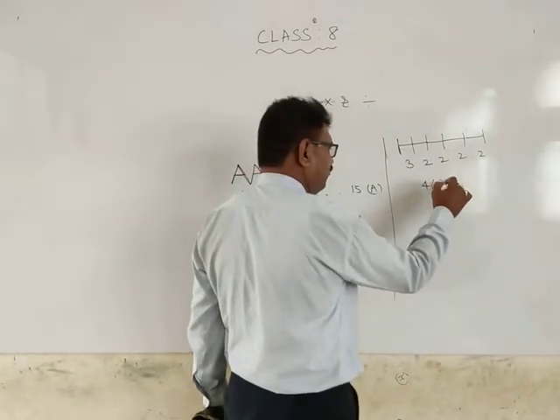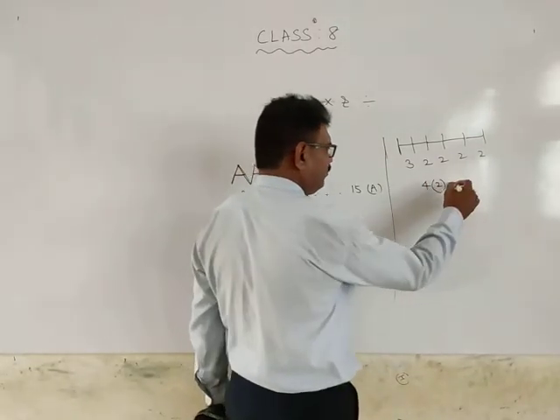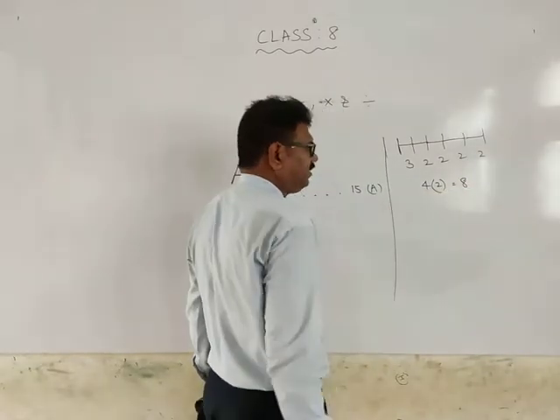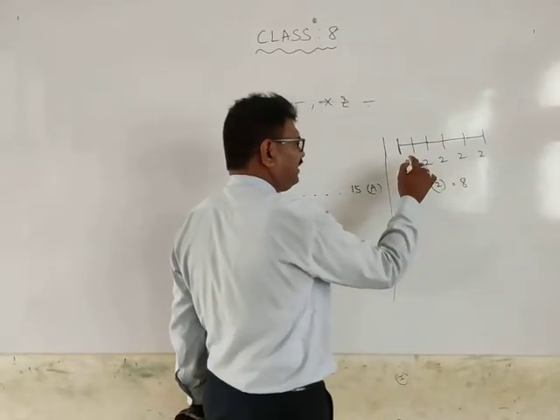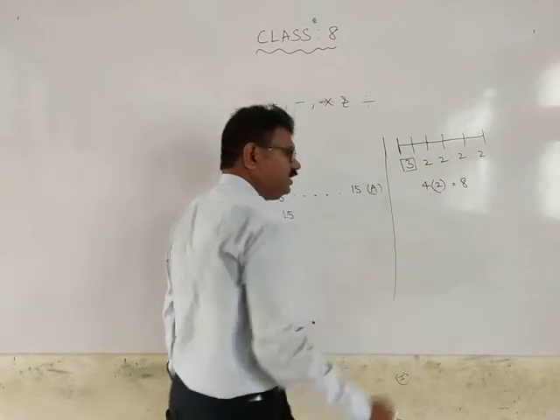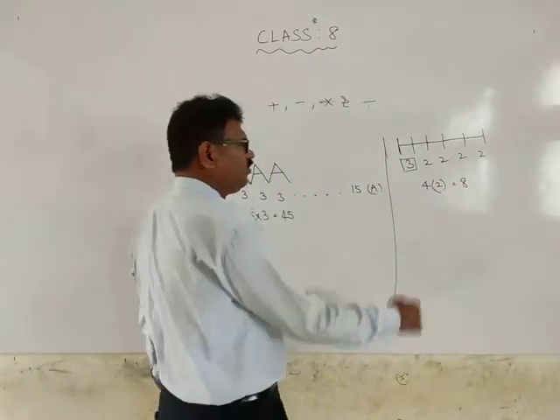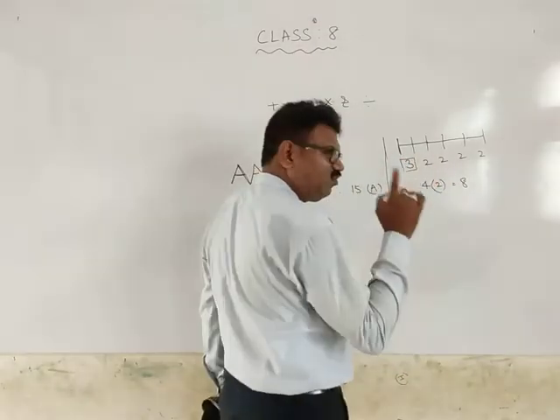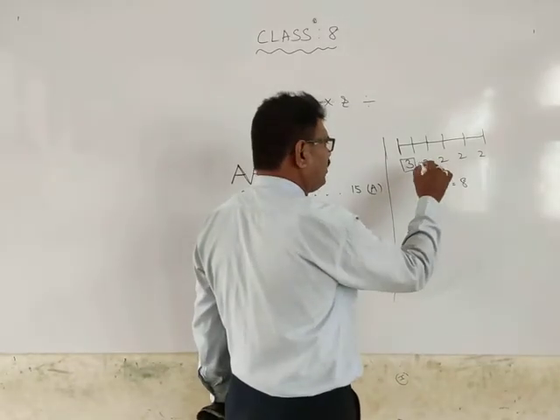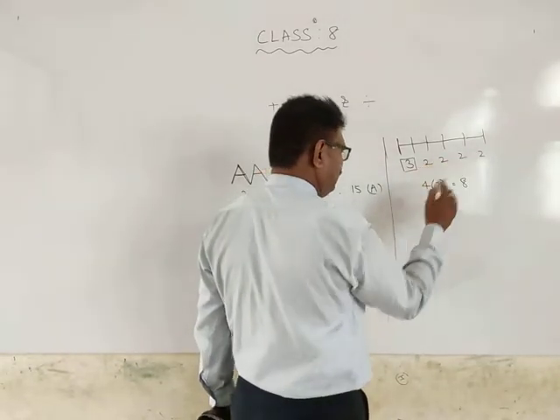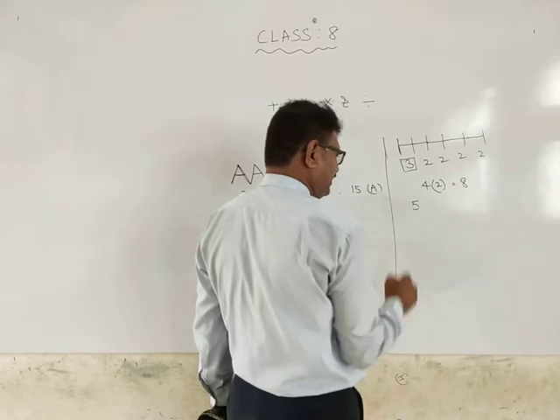4 each will be 4 to the 8. How much is it? 4 to the 8. You see 4 to the 8 are there. Here 3 are there. So what is the difference between 2 and 3? 1 is there. Therefore we want 1, 2, 3, 4, 5. Therefore 5 matchsticks are there.